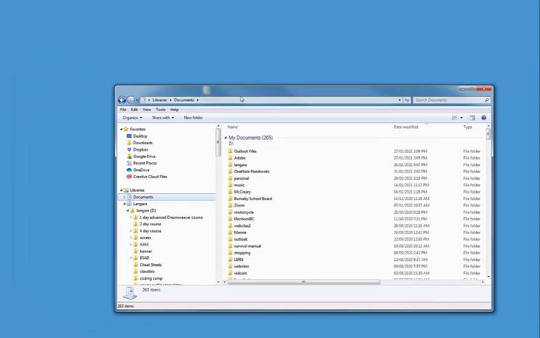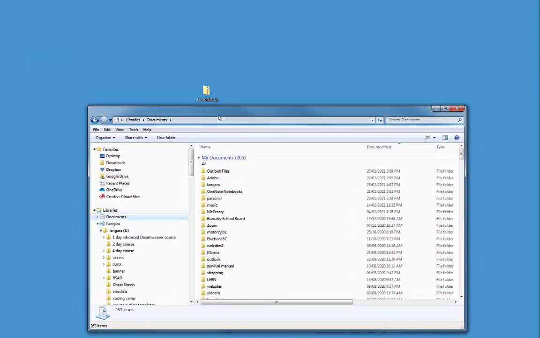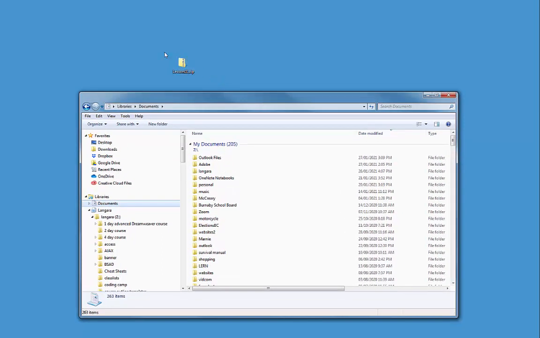So I'm just going to open up my File Explorer. I'm using Windows. And I'm going to go to Documents. So I've got my File Explorer here. There's the file I've downloaded. This is on my desktop. And I've got documents. I'm going to create a new folder called